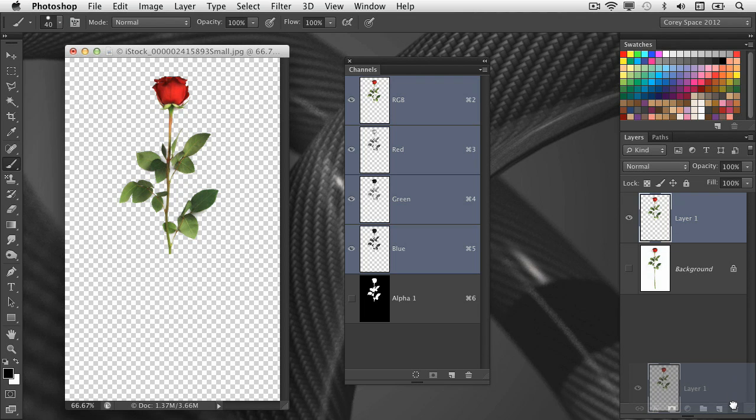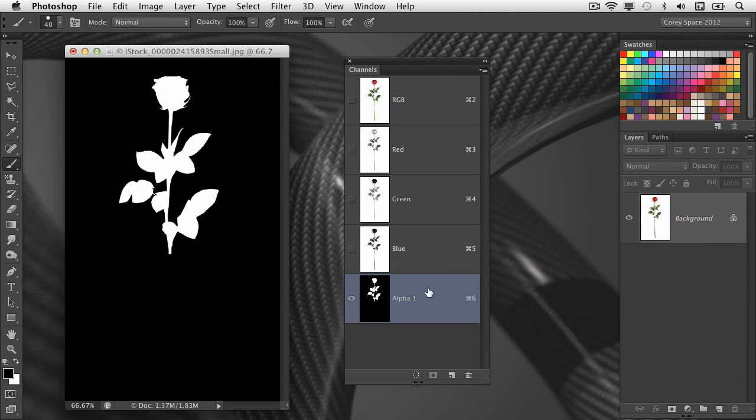Now another method for loading that alpha channel as an active selection is going into the channels itself and just going down to that alpha channel icon and holding down the Command key on Mac, Control on Windows, and clicking directly on that preview icon, and it does the same thing, loads that channel as an active